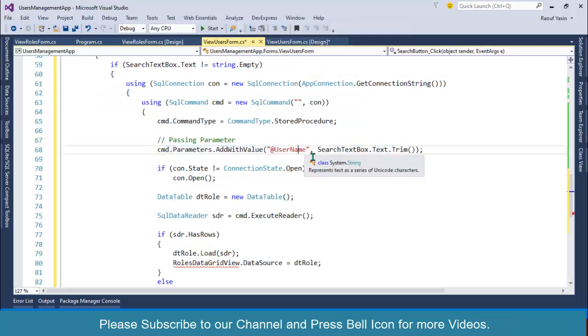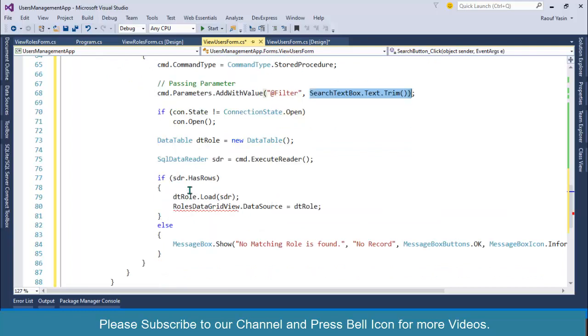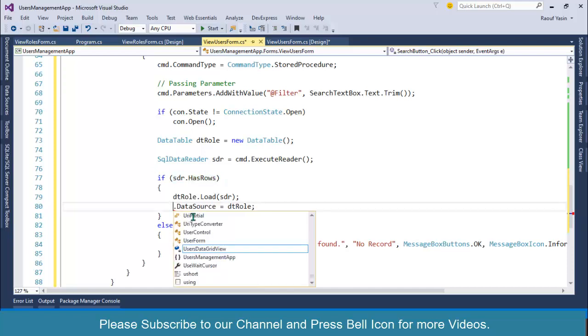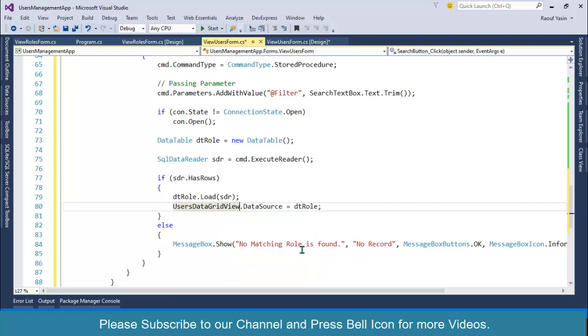Instead of username, I can simply use filter as the parameter, and I'll pass the search text box, and this will go and fetch data. If this has data inside the data reader, it will reload data into the users data grid view, and otherwise it will display the message no matching user is found.